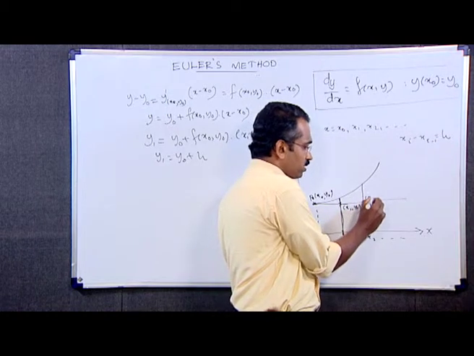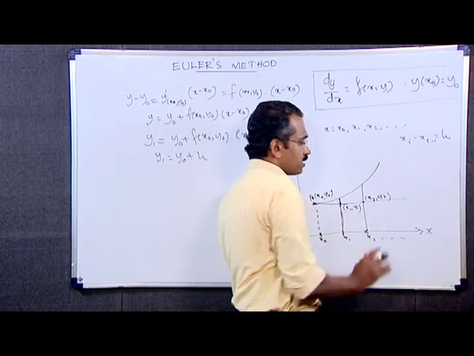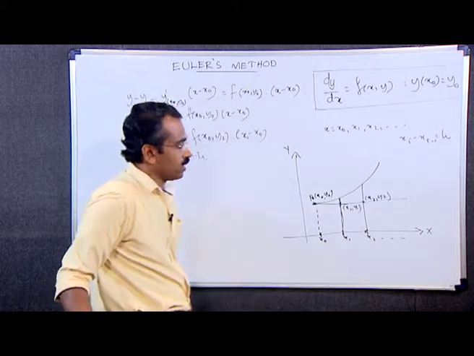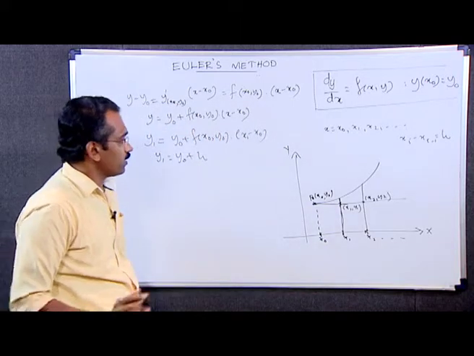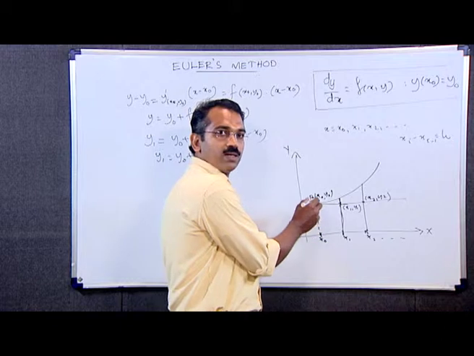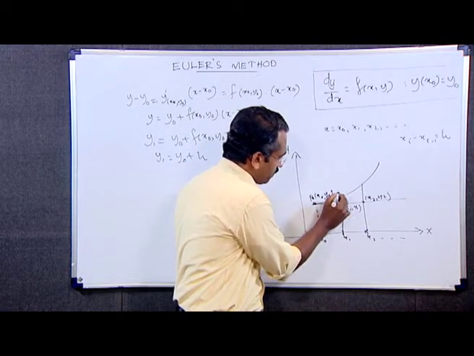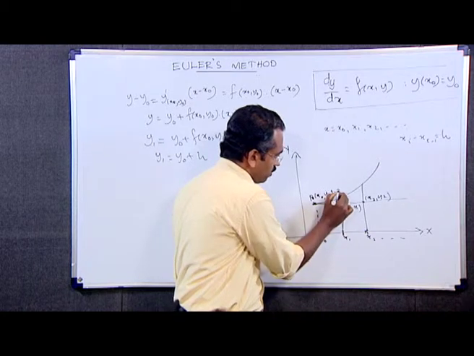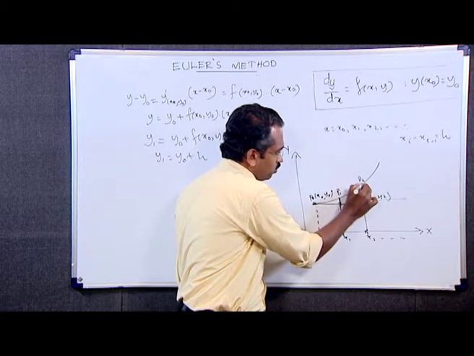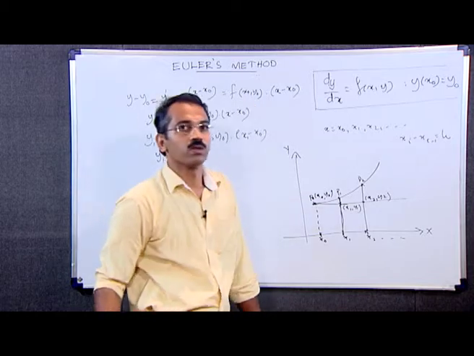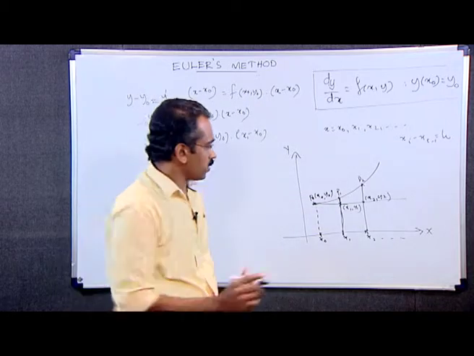Then we will obtain this point as x 2, y 2 and so on. Here this is the error; this point is P 1, this is P 2 and so on, which are the corresponding points